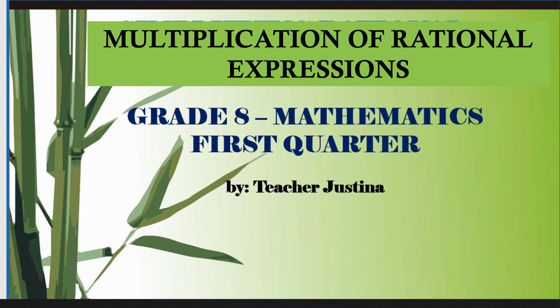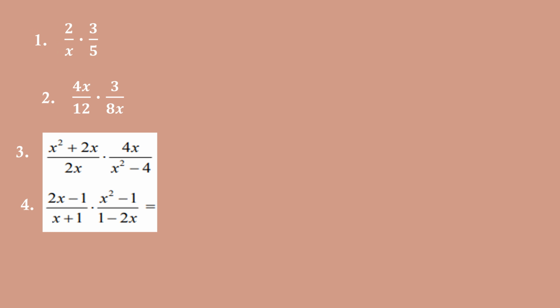Our video for today is all about multiplication of rational expressions. Okay, so let us multiply the following rational expressions. We will be multiplying 2 over x times 3 over 5. As we multiply fractions, we multiply both numerators and both denominators. So 2 times 3 is equal to 6, and x times 5 is 5x. There is no common factor in the numerator and in the denominator, so therefore this is already the final